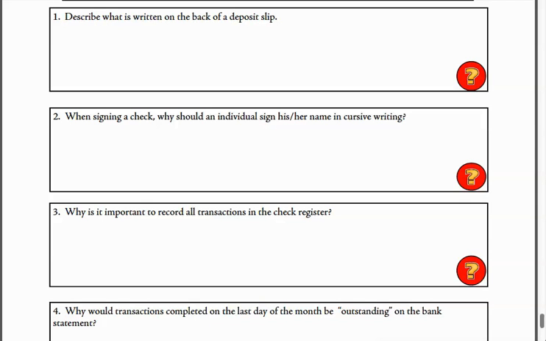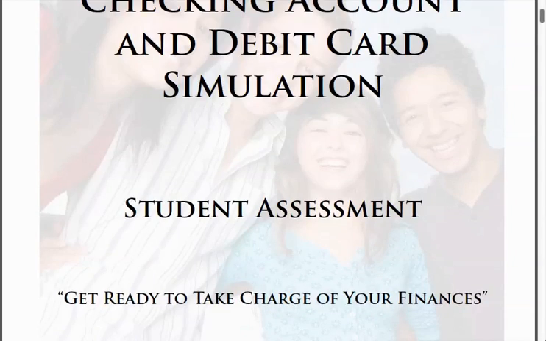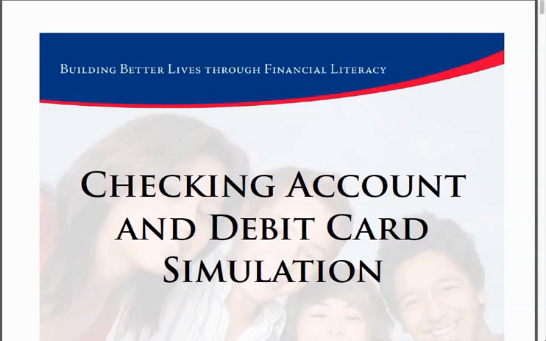So I hope that's helpful in completing the checkbook simulation. It's about, I believe, a 45-point assignment. So go back, double check your figures, make sure that everything is neatly done. Either submit that by scanning it and then putting it in the Dropbox, or it could also be faxed as the number on the lesson plan